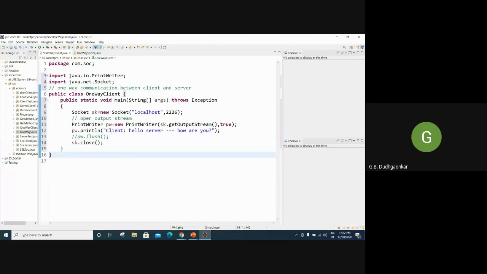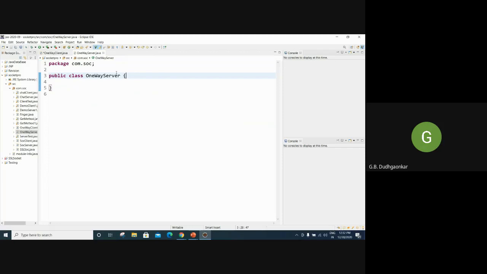So this is the program from the client side, one way. We will write one more code for the server. In the server again, I have to write one way. Now we'll create one more method, that is public. You know all these things in Java. Now I have to create